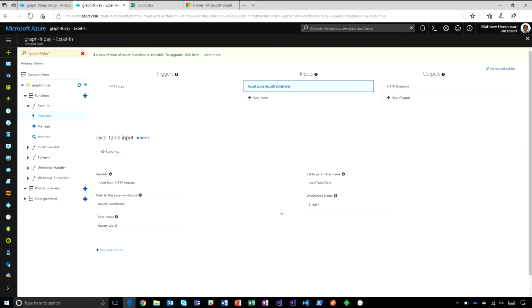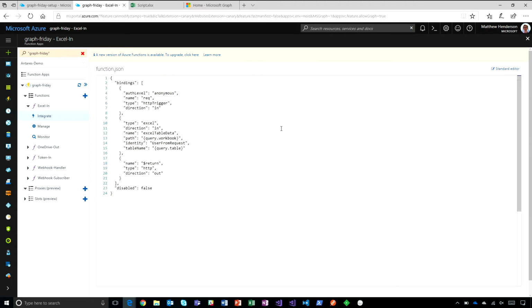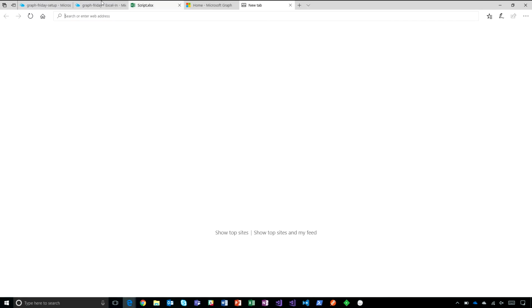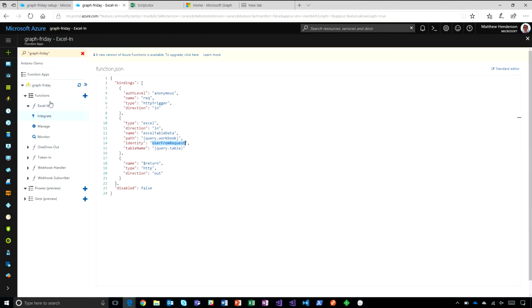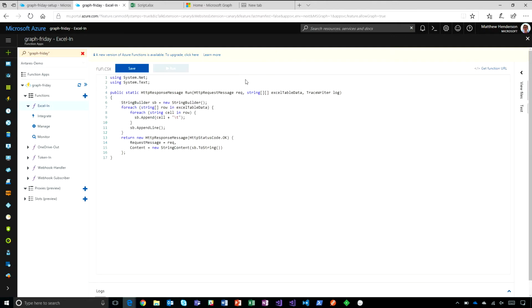I'll look at the raw view here. I'm specifying that I'm going to get some parameters from the request. We're going to figure out which workbook and which table. So that's, again, that dynamic API. And then I'm going to be grabbing the identity from the calling user. In this case, we're going to log into the function app itself, and then we will